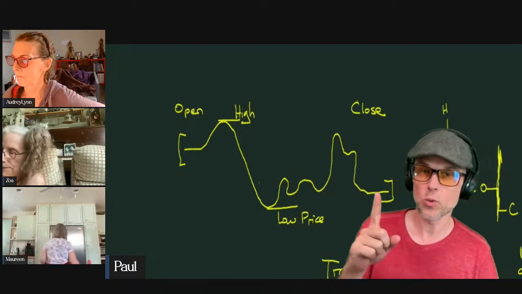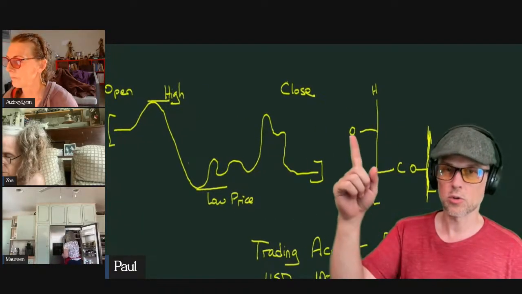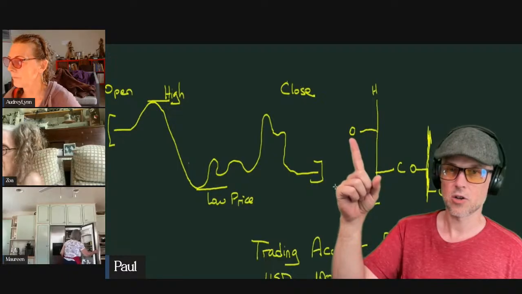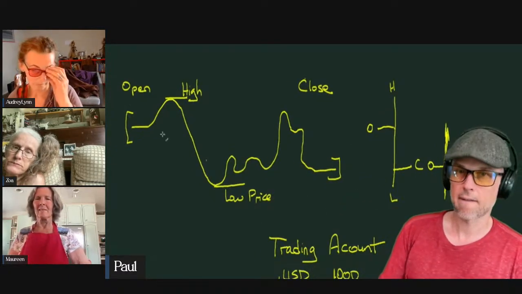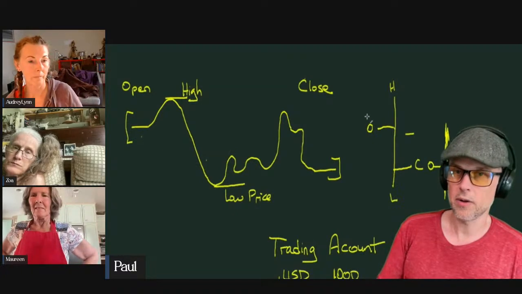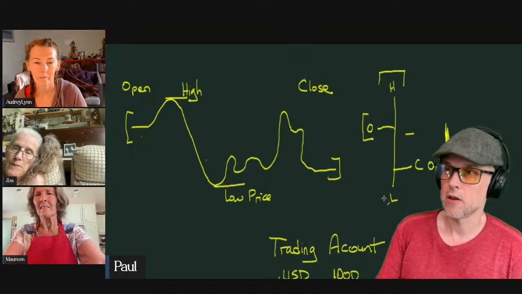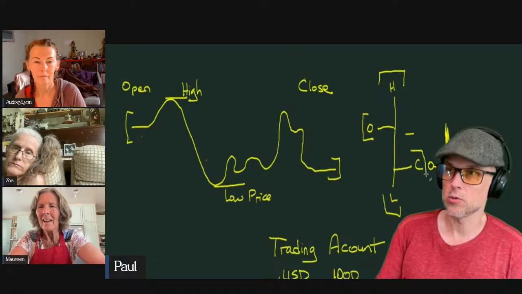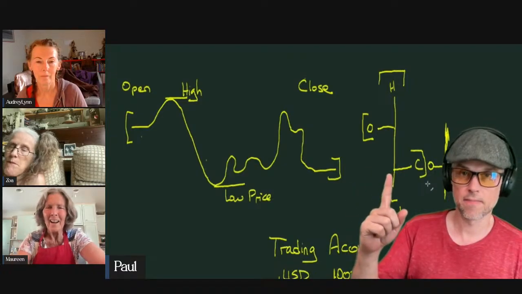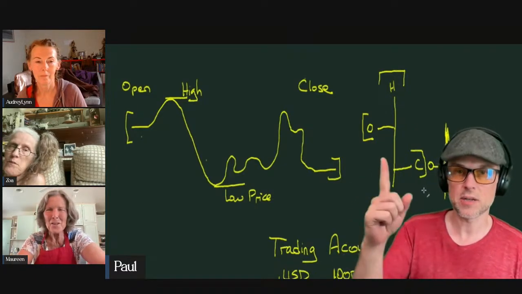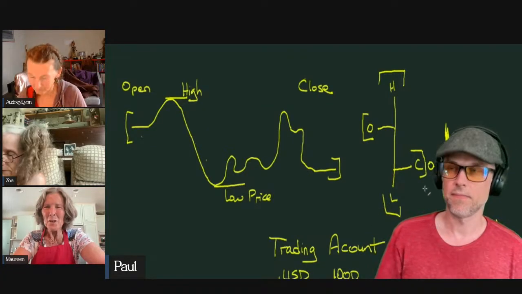And so when we see a bar, what we're seeing are those four crucial price points. There's the open, which is at that price over here. There's the open. There's the high price. Here's the low price, and then there's the close. So that is how the bar itself gets formed during that time. This could be one day. This could be 5 minutes. This could be anything.